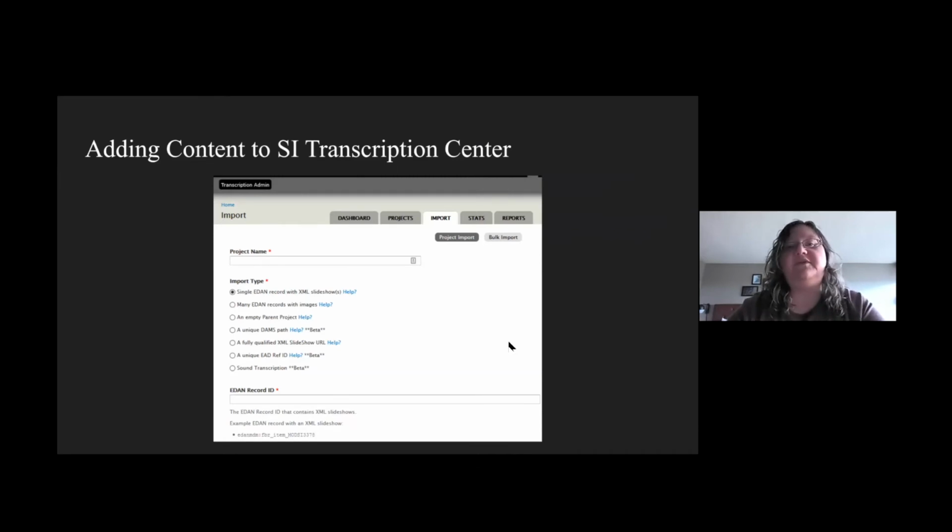So the next step, once we had all those images digitized and hosted online somewhere, was to get each volume added to the Transcription Center so that people could go through and write in a machine readable way what was written on each volume. So this screenshot shows the project import interface that the Transcription Center has, but it's actually meant to work only with images stored on the internal Smithsonian image archives, which we're not using because ADS is hosting our images. So instead of using this interface,